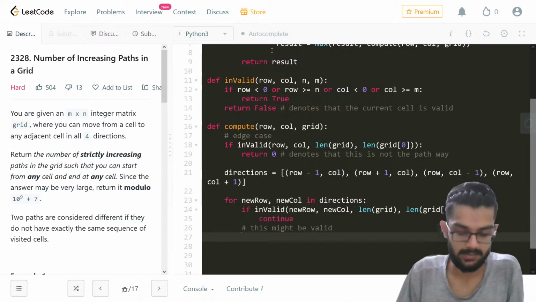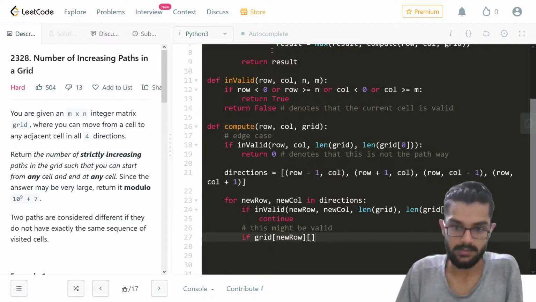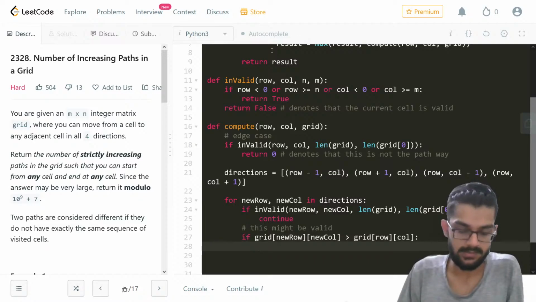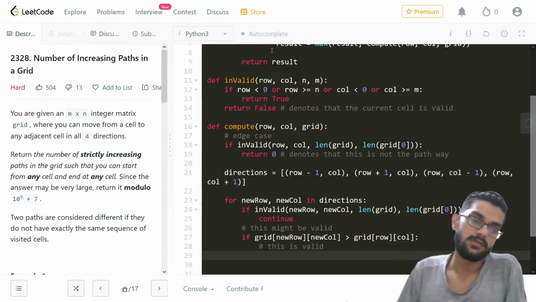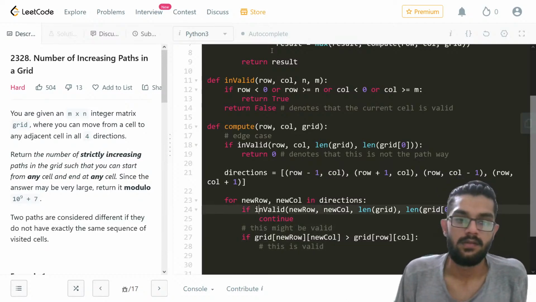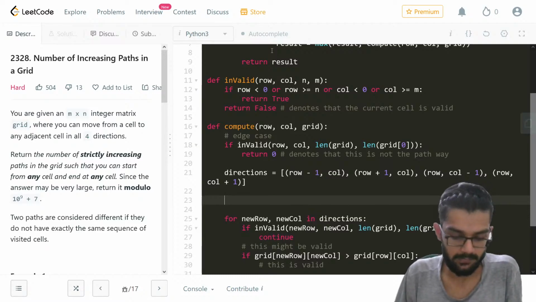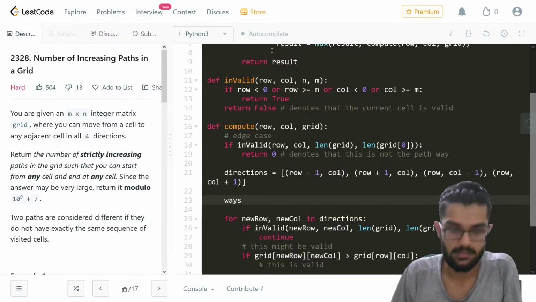Okay, but if it's not invalid, then I know that this might be valid. And how do I check that? If grid of new row, new column is greater than grid of my current cell, in that case I know that this is valid. My bad, this is valid. So what do we do here? For this one, the number of increasing paths. So I can simply say